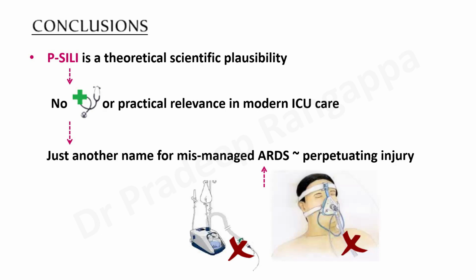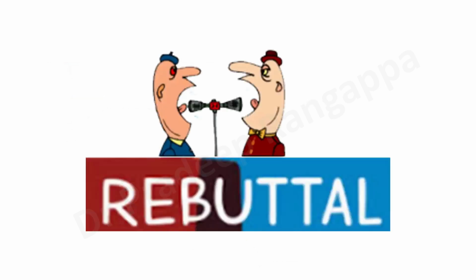patient comes to the ICU with ARDS who is very tachypneic, who has bilateral infiltrates. Obviously, you won't sit there and watch him worsen. You would put him on NIV, you would put him on HFNO. So we would have mitigated that progressive worsening, which we call P-SILI. So these are my conclusions, and obviously my opponent would have argued as to why P-SILI is something that is